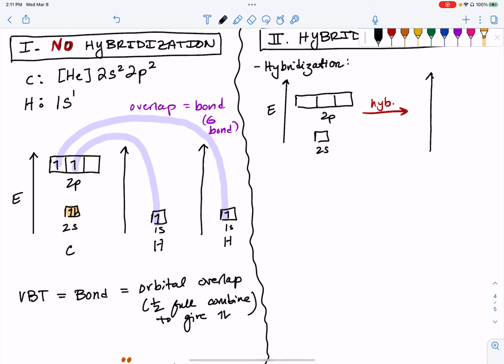Since we've only learned about sp3 hybridization as of this point, let's try sp3 hybridization. sp3 hybridization involves the combination of my s and all 3 of my p's, my px, my py, and my pz. And since I'm combining 4 atomic orbitals, I'm going to create 4 new hybrid orbitals on my atom. And remember, I'm not only increasing the number of half-full orbitals available to form a spin pair, I am also fixing this disparate energy that exists between my 2s and 2p. So my resulting hybrid orbital will be lower in energy than my 2p and higher in energy than my 2s, so kind of splitting the difference. So somewhere here,